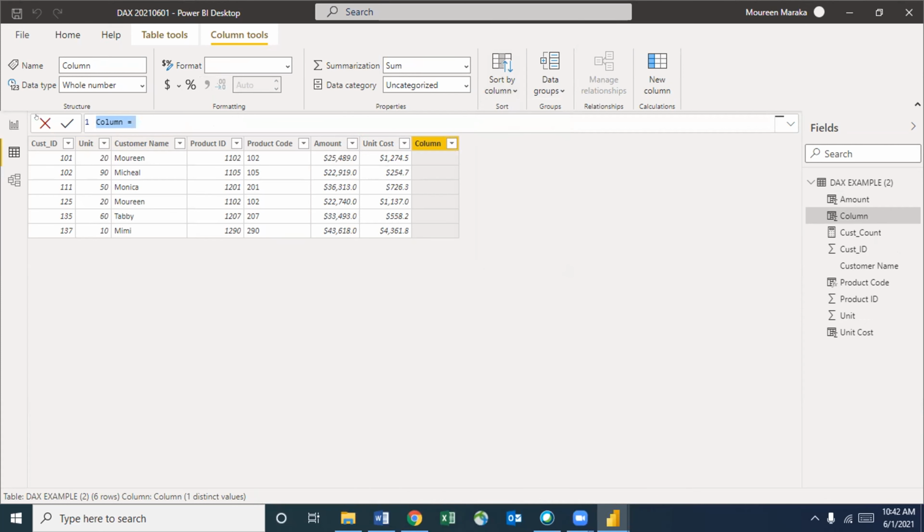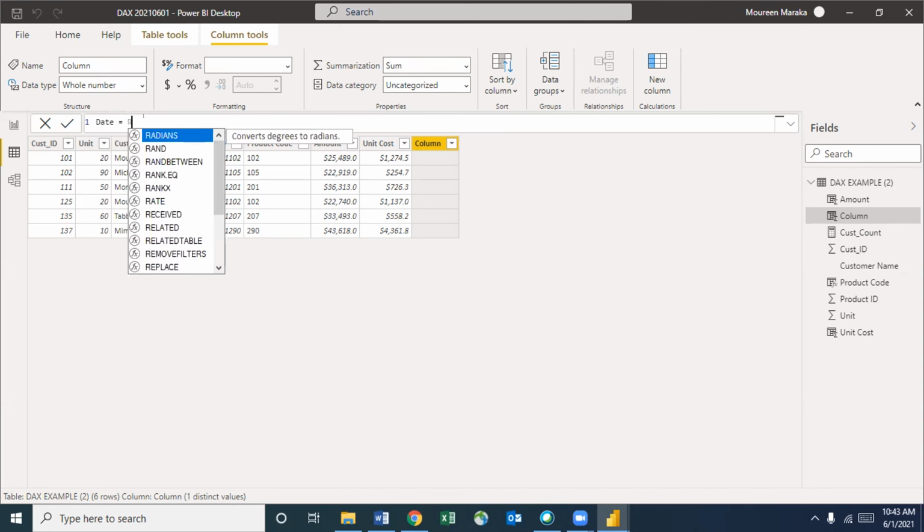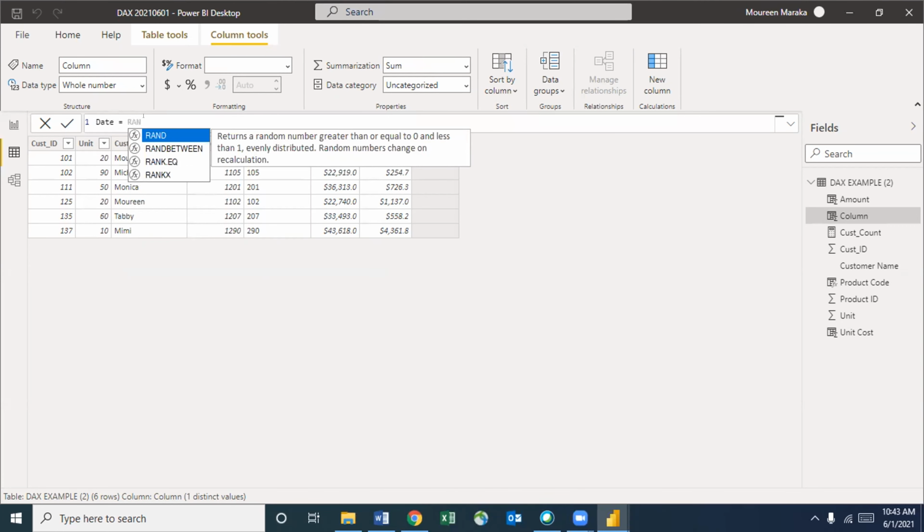Although we can still create a column there by saying rand between. I can call it month or date. Remember, dates are stored as numbers. So we can run between